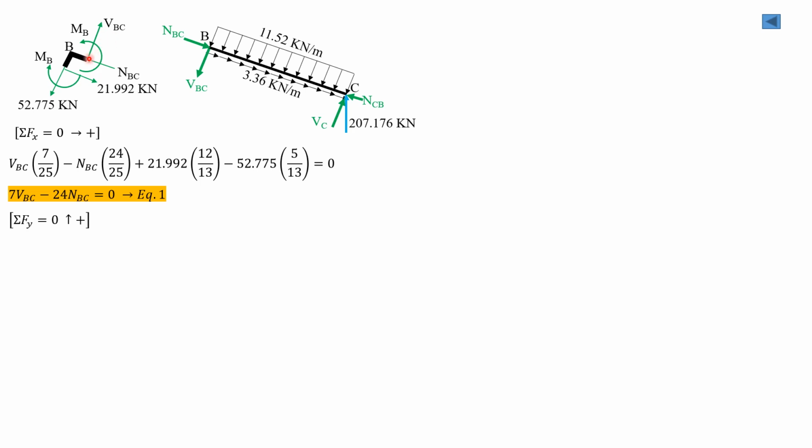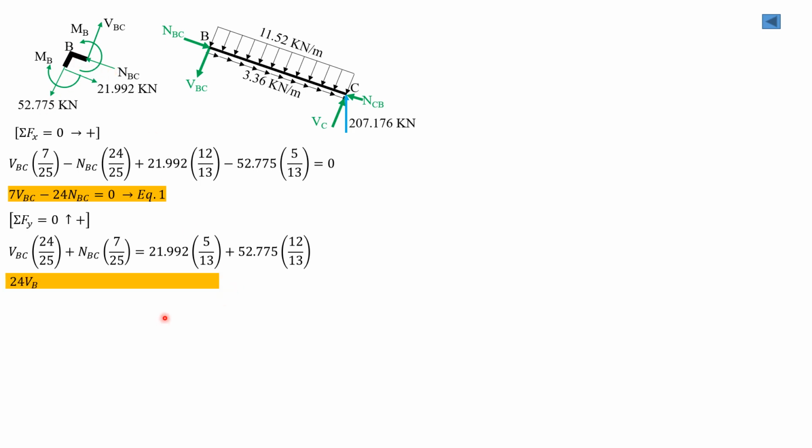Summation of forces Y equals 0. So VBC times 24 over 25 plus NBC times 7 over 25, the vertical component of NBC, equals 21.992 times 5 over 13 plus 52.775 times 12 over 13, the vertical component of this. Remember the slopes for this member here and for that member. So simplifying, 24 VBC plus 7 NBC equals 1429.346, equation 2. Solving these two equations simultaneously gives us shear BC 54.887, and normal to BC is